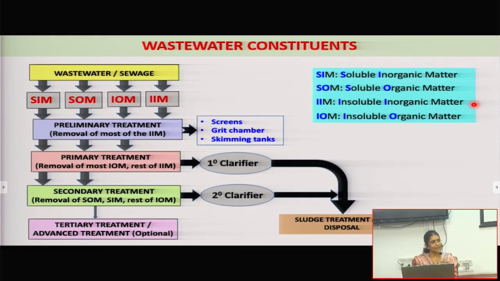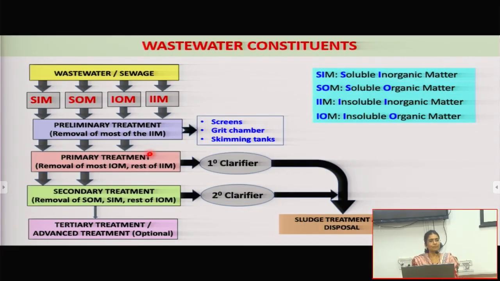And then, wastewater treatment scheme, to make things very simple, we would want to first remove, logically that's a more logical thing to do, first deal with the simple to remove things. So we are first removing most of the IIMs, or the insoluble inorganic matter. It's easy to remove the sand and silt and all that. Just on its own, it will settle down. Then we go for the more difficult, that is insoluble, but is more of an organic matter. So most of the insoluble organic matter is taken care in a primary sedimentation tank. Alright? And whatever is left in the earlier also is done there.